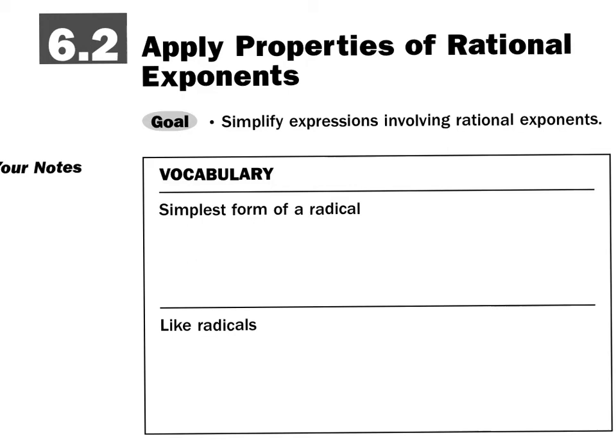6.2. Apply properties of rational exponents. What's the simplest form of a radical mean? Well, if it's in simplest form, if the radicand has no perfect nth powers,